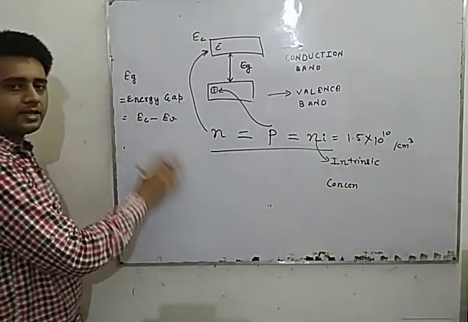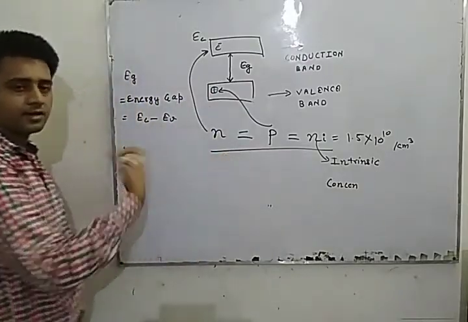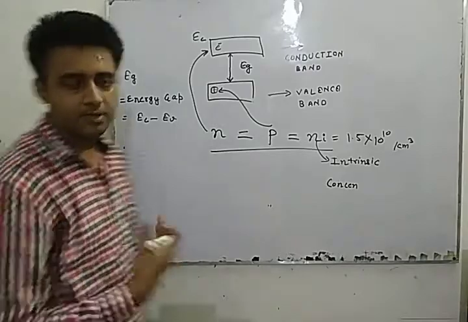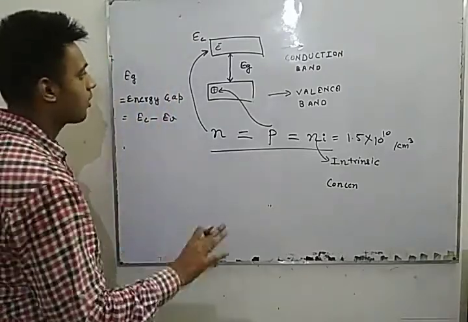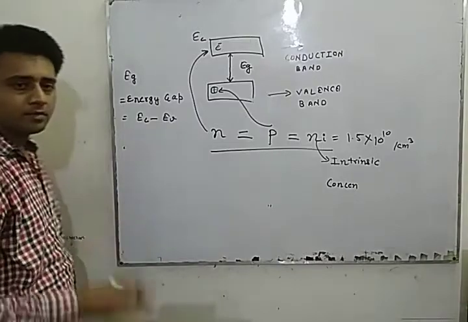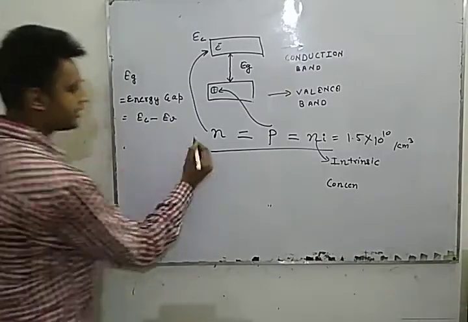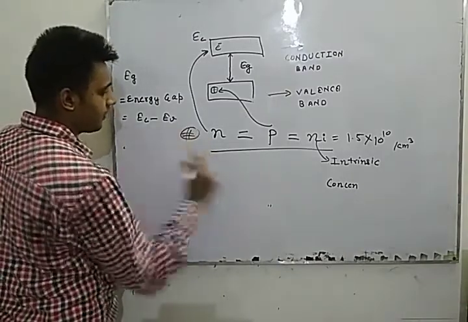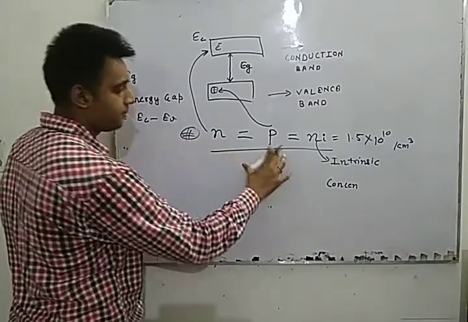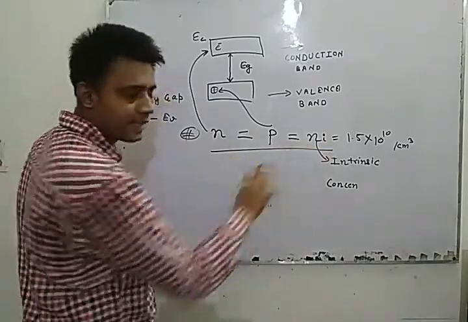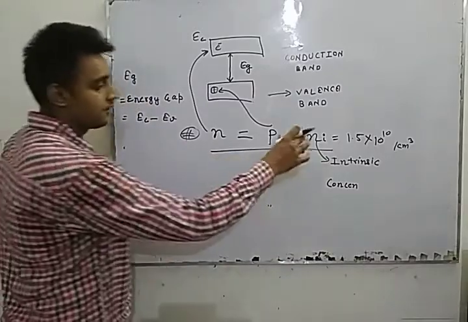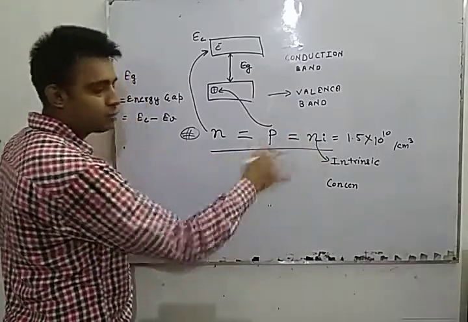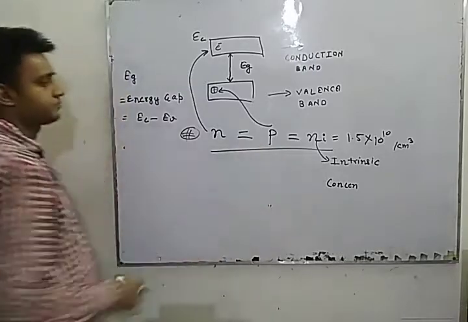That is the diagram in equilibrium. We will further study N-type and P-type semiconductors, that's another topic. But here we talk about equilibrium. What does equilibrium mean? The important condition is that N equals P, and both are equal to Ni, the intrinsic carrier concentration. That is the story behind the intrinsic semiconductor, or you may say a semiconductor in equilibrium.